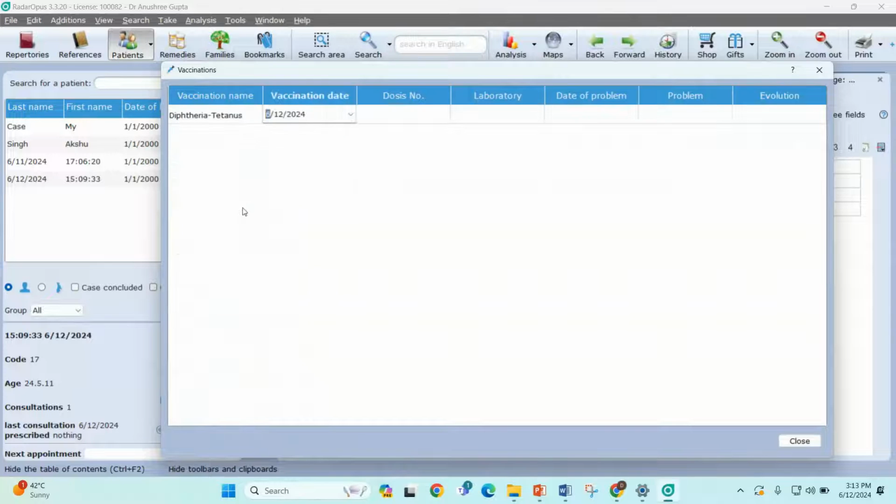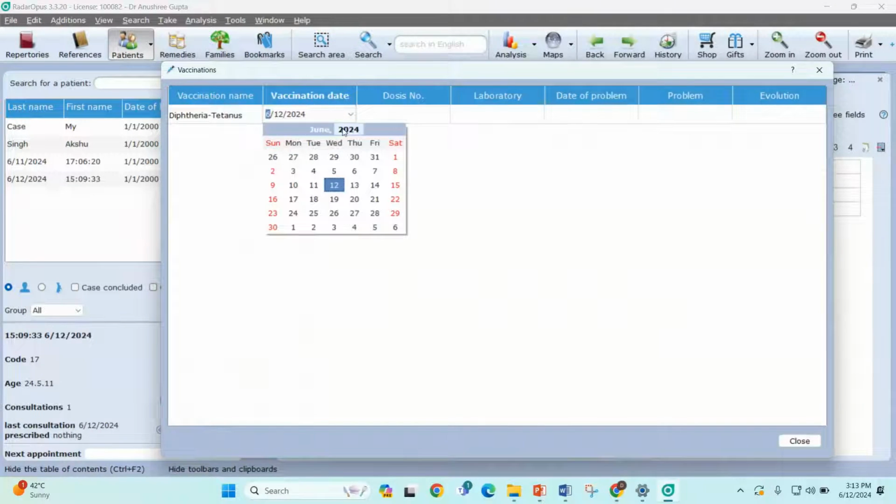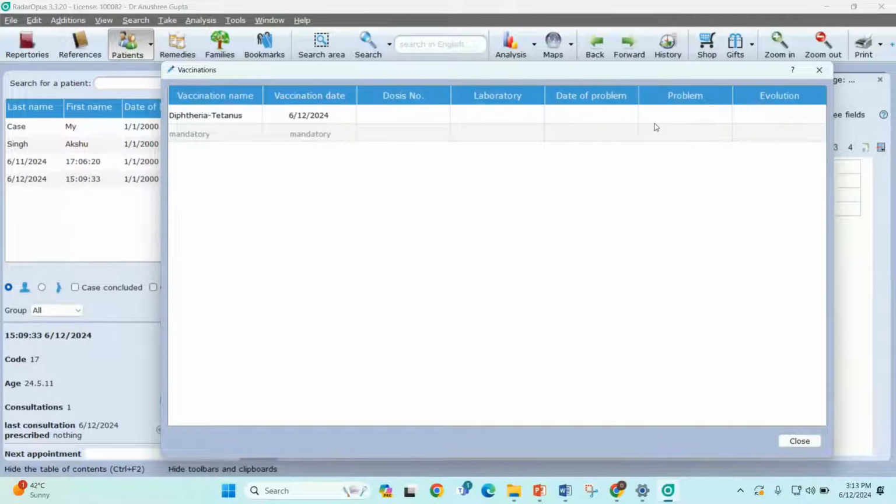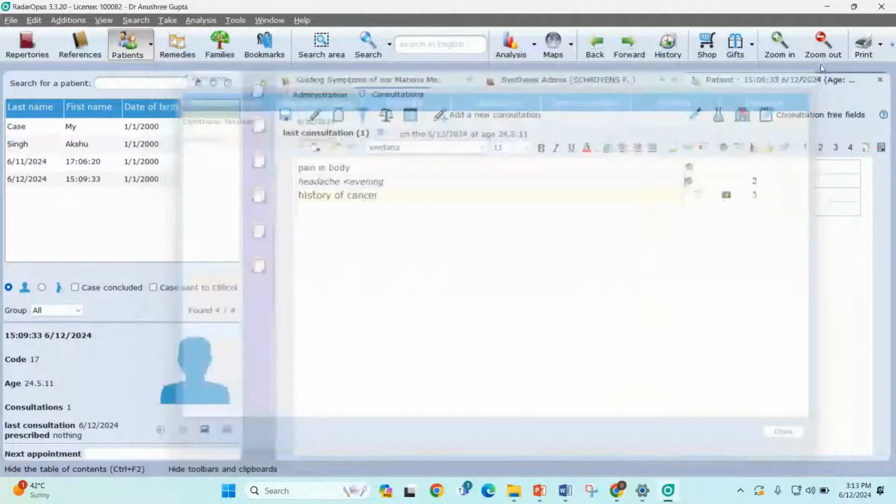So all such past history details can be mentioned. You can choose from here and you can mention the vaccination dates and the doses, any problem that has arrived after that vaccination, evolution of that problem. So you can add all such details into the case.